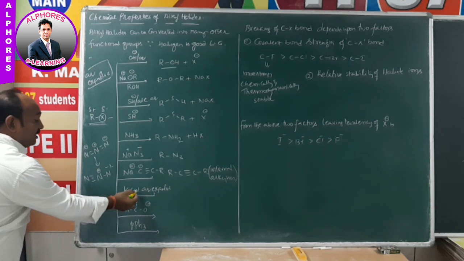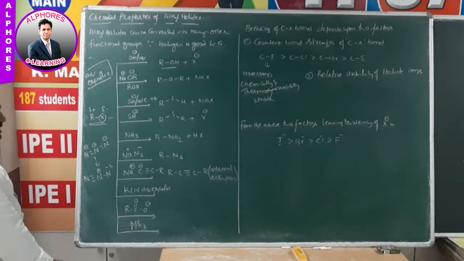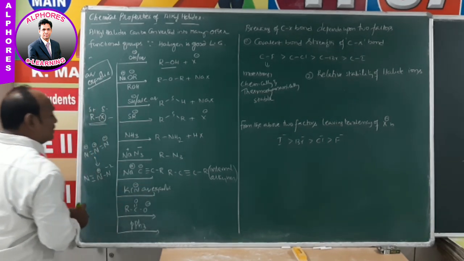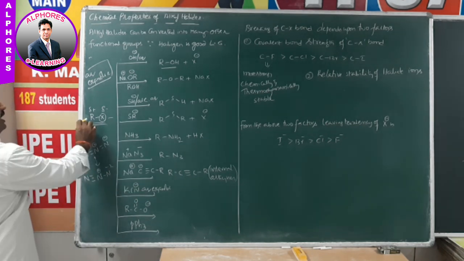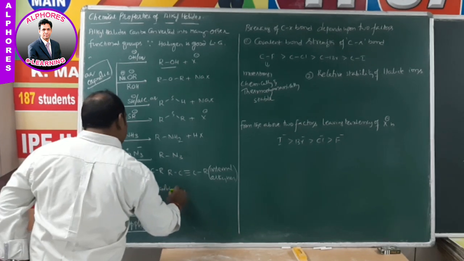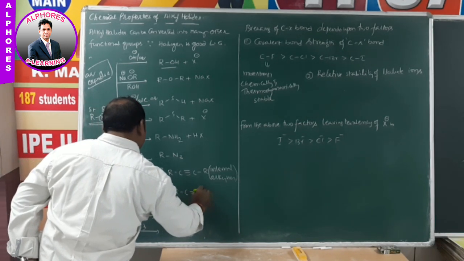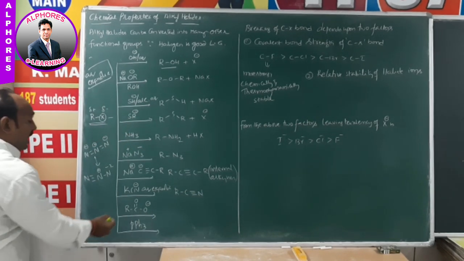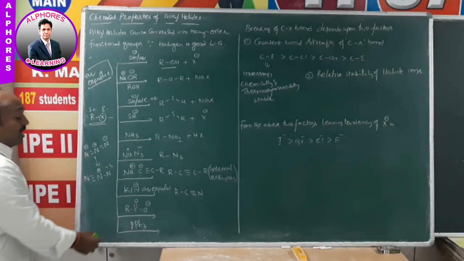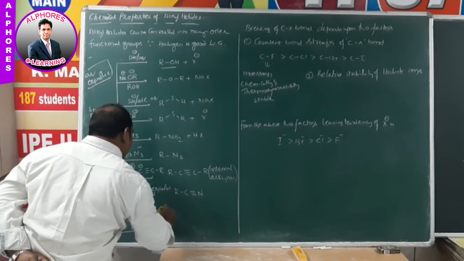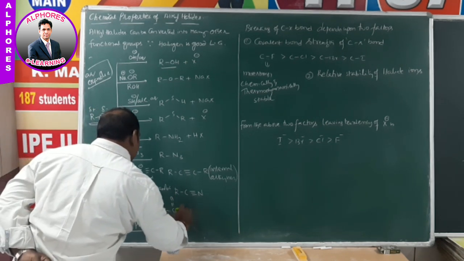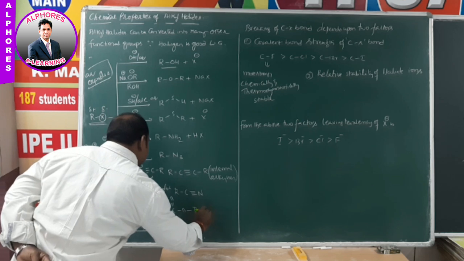Upon treatment with aqueous ethanolic KCN, here CN minus is used. This CN minus now acts as a nucleophile and displaces X minus, and as a result we get RC triple bond N. Similarly, RCOO minus, a carboxylic acid salt, has O minus that displaces X minus, and then we get RC double bond O, OR, which is an ester.